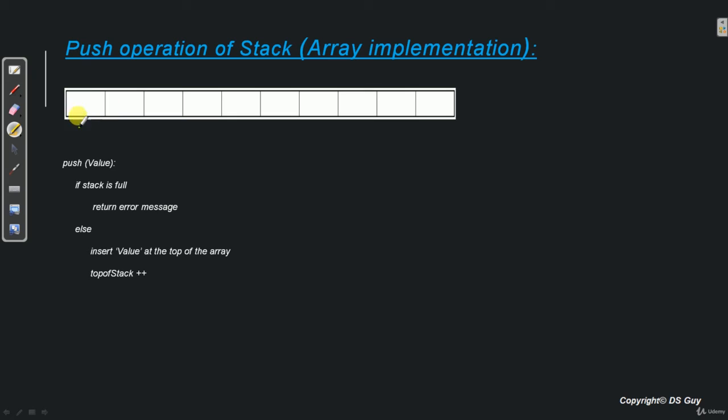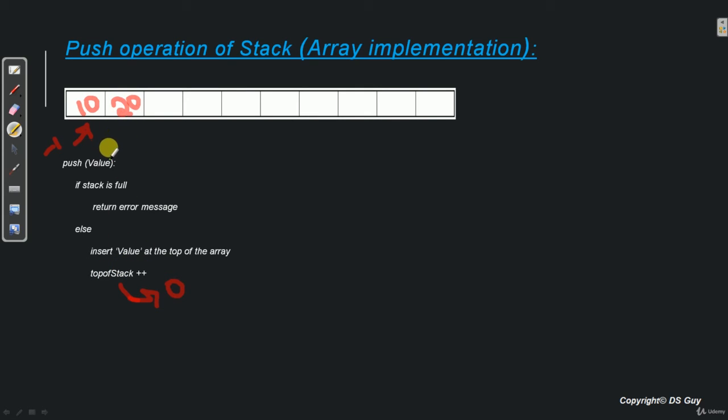So right now this stack is empty and top of stack's value right now is -1. So let's say if I insert number 10 in the stack, it will be placed over here and top of stack++, so this will become 0 right now. That is, the top of the stack is at 0 unit right now. Then let's say if we insert another 20 in here, then again we'll do top of stack++.